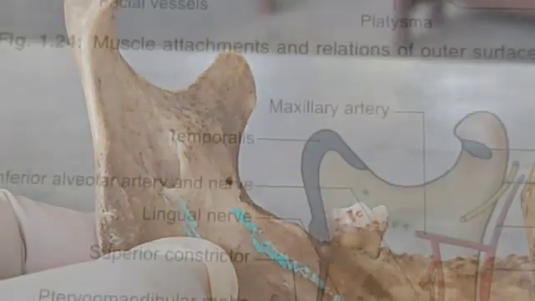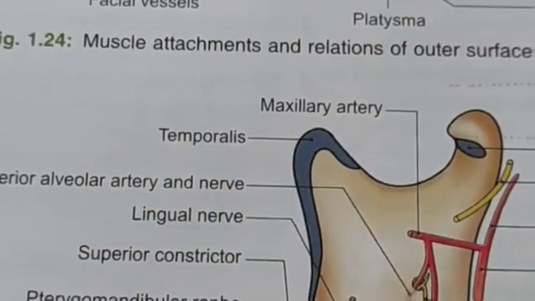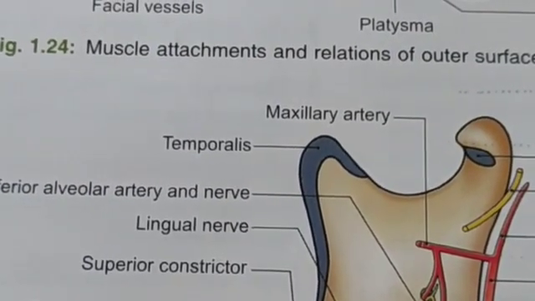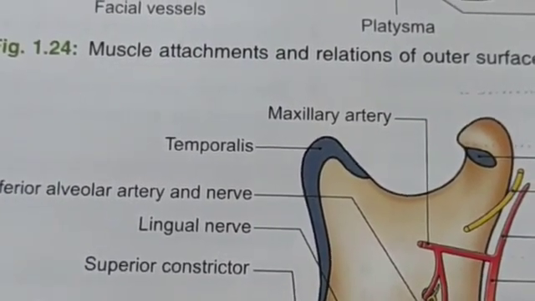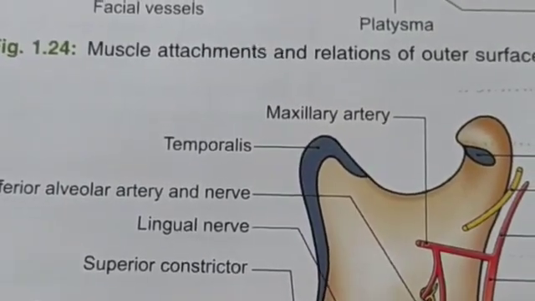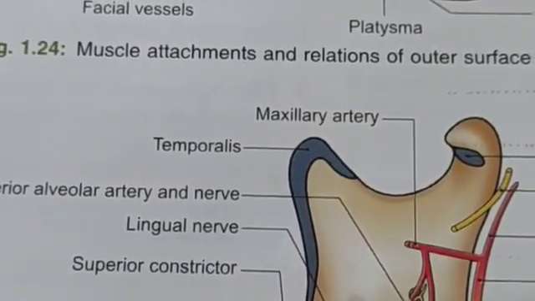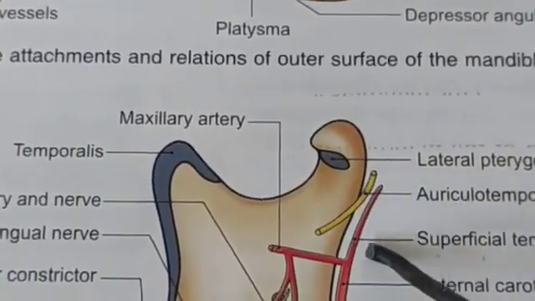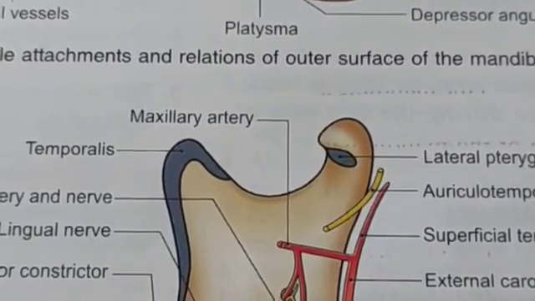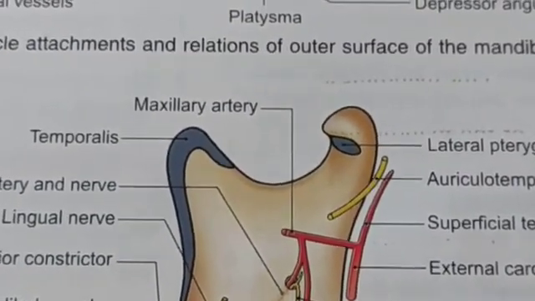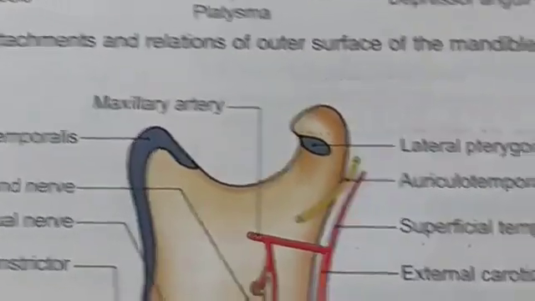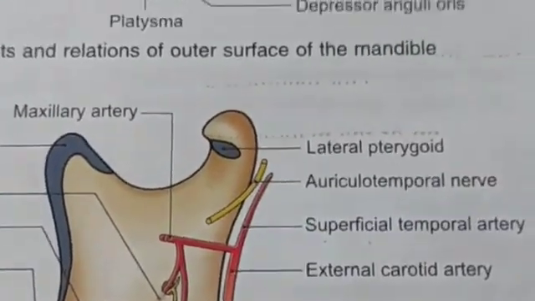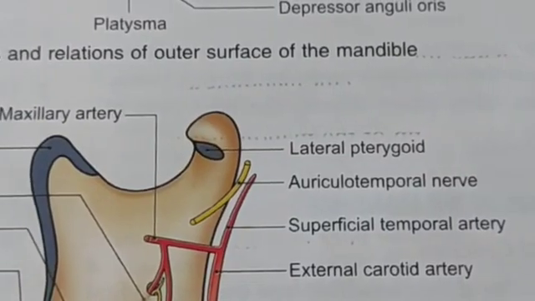Okay. Anterior border of the ramus of the mandible, behind the third molar, gives origin to the superior constrictor and pterygomandibular raphe, and behind it is related with the lingual nerve. Okay, then on the pterygoid fovea, it gives insertion to the lateral pterygoid muscle, while on the inner surface of the ramus of the mandible, it gives insertion to the medial pterygoid muscle. Mylohyoid groove is related with the mylohyoid nerve and artery.